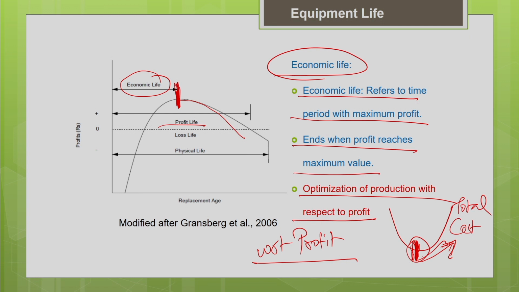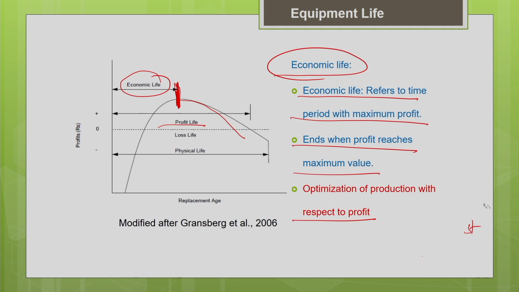But one thing we have to note is that optimization with respect to profit is a little bit difficult, because it is generally difficult to extract the profit data of an individual equipment from the entire equipment fleet. It is difficult to extract the profit data as well from the total project. It is difficult to extract the profit data of the equipment alone. That's why people always prefer to optimize with respect to cost, because they find it convenient. Cost estimation is easier when compared to profit estimation.